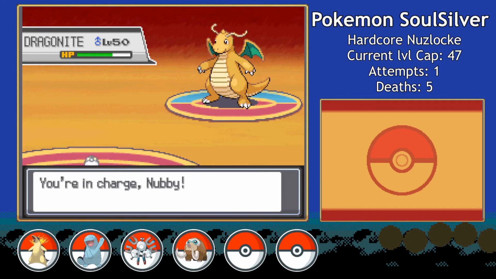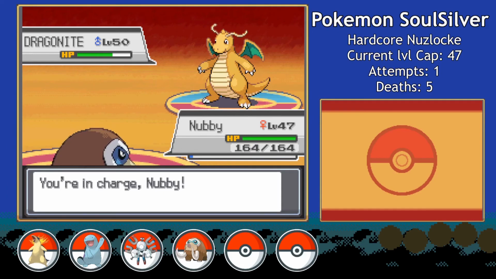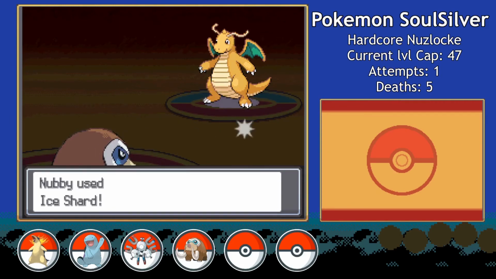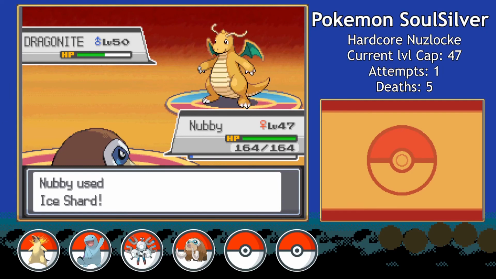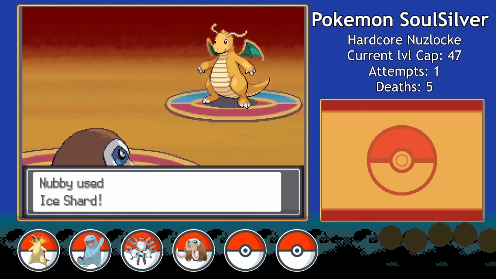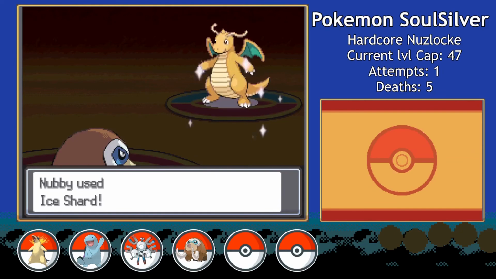Nubby comes out next, and with her monstrous attack stat and a Never Melt Ice, I'm confident that Ice Shard will be strong enough to win me this battle. It's only 40 base power, but the priority is helpful, and Lance's 3 Dragonite are 4 times weak to it. Ice Shard takes out the first weakened Dragonite without an issue, and out comes one of Lance's 2 level 49 Dragonites. I go for another Ice Shard,